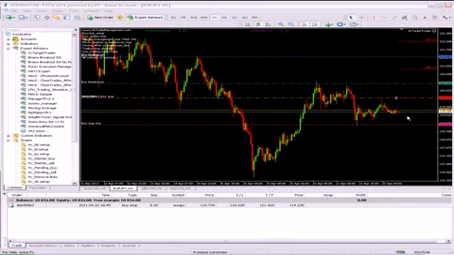Now, just to be clear, what the difference is with that pending order dropped in there after you place your lines is that it actually creates the live order with the broker, versus the way most of what we've been talking about does. If you've got a line there, a buy stop line, yes, it's pending in the sense that price is going to have to hit it before your order takes, but it's not something that the broker can see. It's only something that your EA and your platform and your computer can see, so the broker can't play tricks with you. If you put that pending order in there, it makes it a live hard order with the broker,